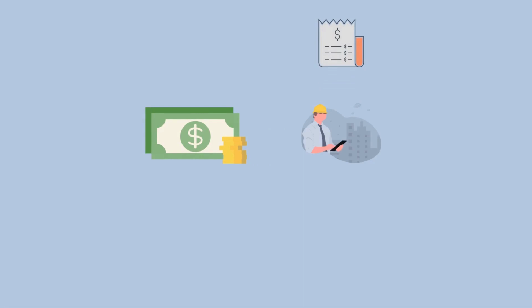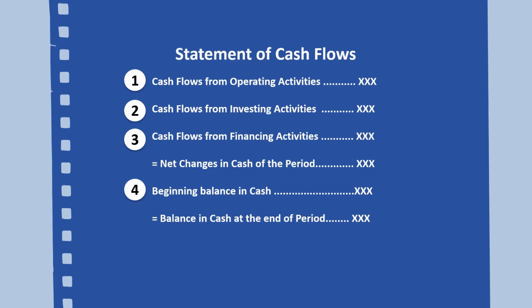For many people, cash is king. Why? Because every business needs cash to pay the bills, cover salaries, handle interest, and more. That's where the statement of cash flows comes in. It reveals how cash moves in and out during a specific period, helping people understand an entity's cash story. This statement has 4 key sections.